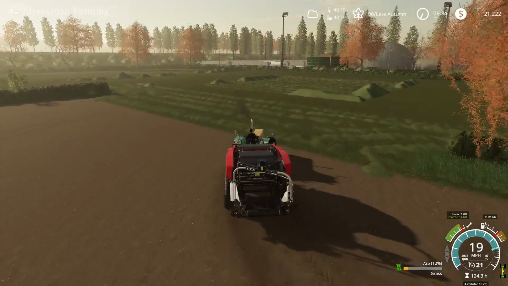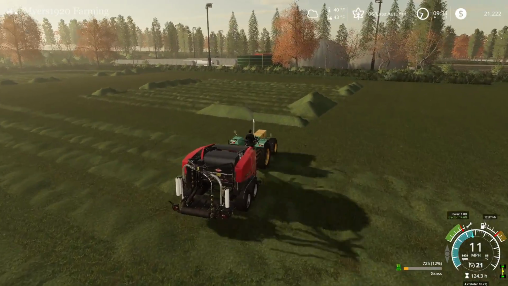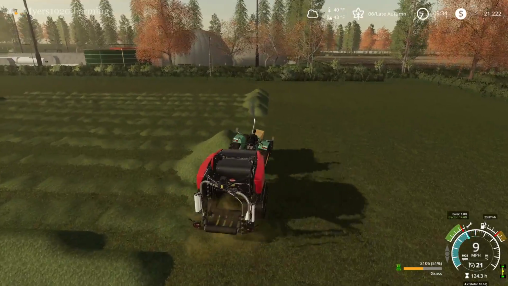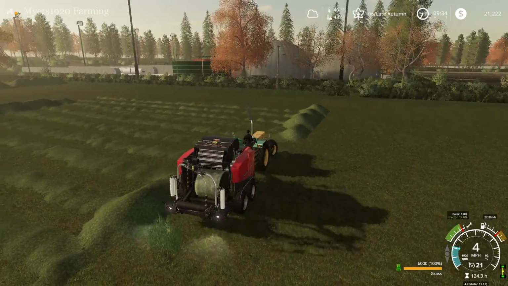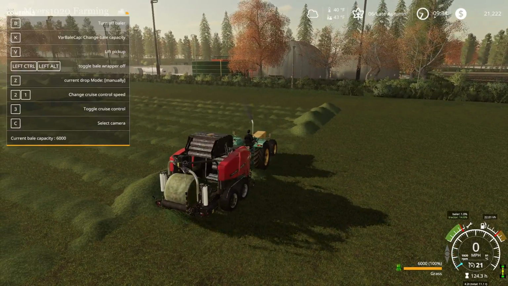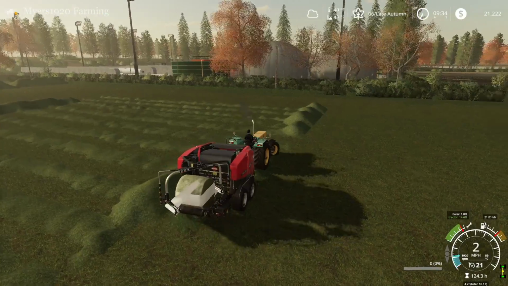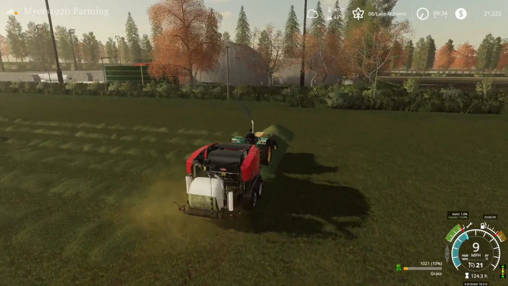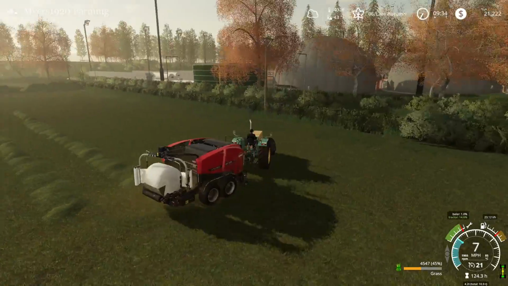Alright, now that cutting is done, we're going to go through and pick up the bigger spots, so that way we don't lose that grass. So we'll just go through and get it all collected. Oops, I forgot to set it back to 10. Okay, so it looks like we'll have one of them be 6,000. That's fine. I meant to check it before we started, but I didn't, so...